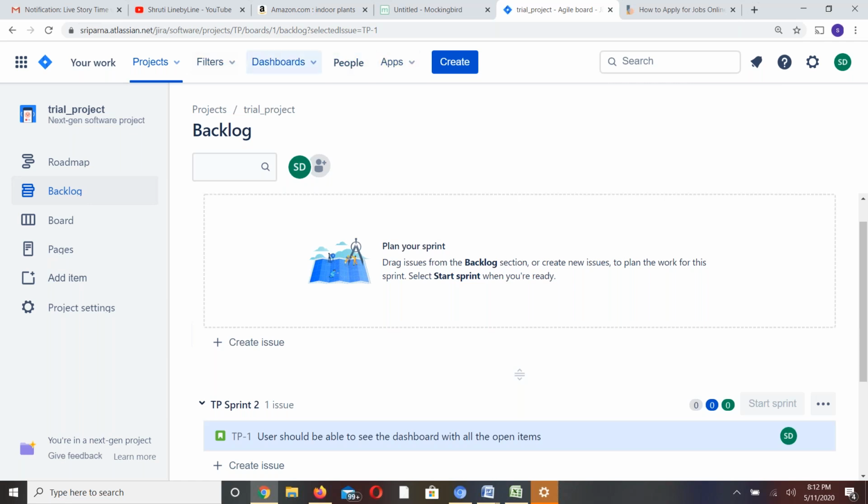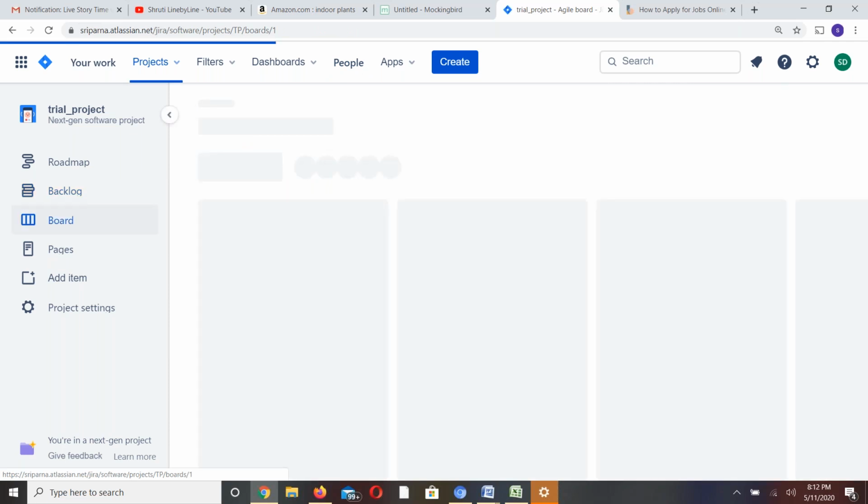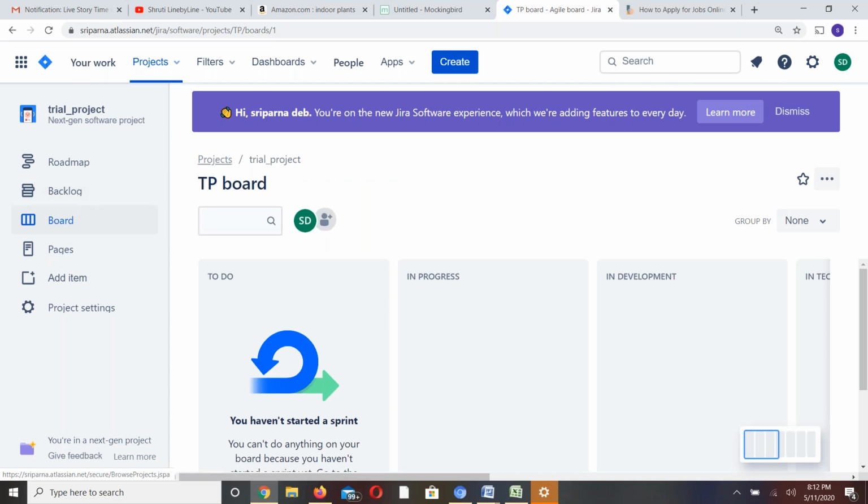So dashboards, Apple, okay. If you see here the sprint boards, you will see the list of sprint cycles that we have planned for a project. Okay, so there is already another board. This is the sprint board that we have created earlier. Until this sprint cycle is over, we cannot go to the other sprint. So you have to either close this one, or we have to wait until this is closed.